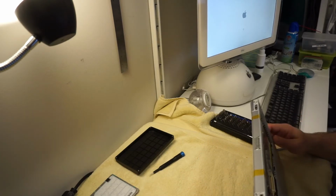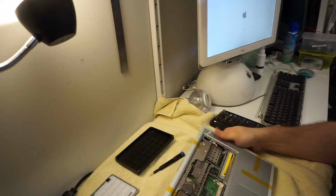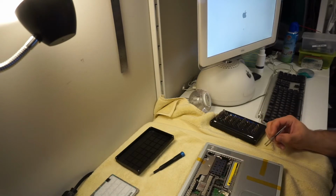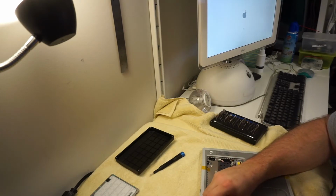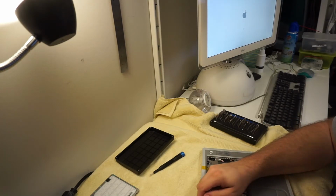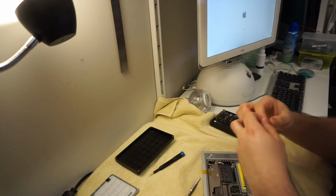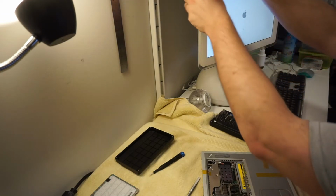I'm trying to remember how well I buttoned this back up. Anyway, the point is, this machine, this bottom half of a machine, before I even tore it more apart than it already had been, I plugged it in and turned it on just to see what would happen. And it chimed, which is always a good sign, because that tells me that not only does the motherboard work,